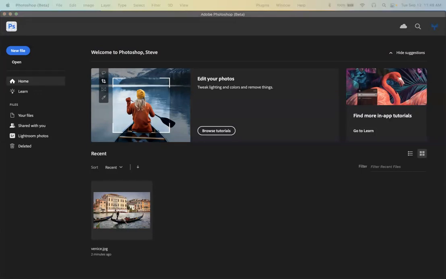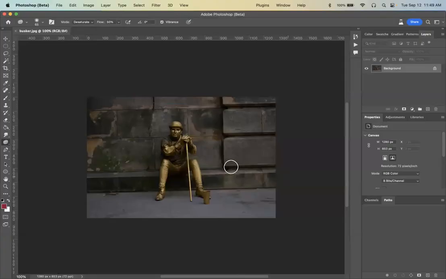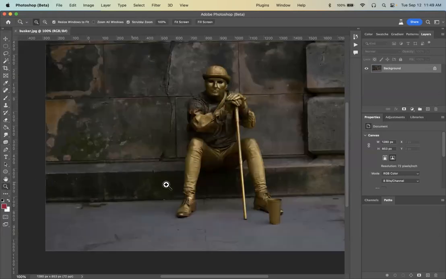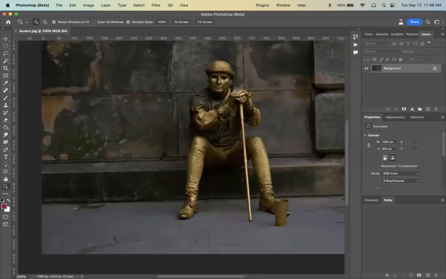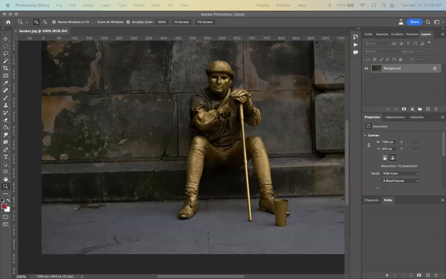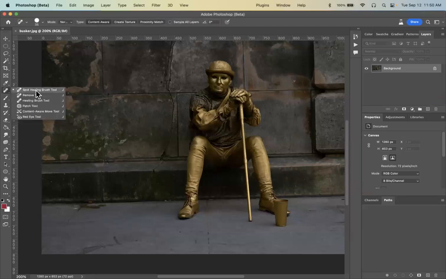Next one, we'll use the healing brush. So I'll use one other image here. I'll make it a bit bigger. Okay, now I'll use the healing brush. First, as you can see, that icon here goes to the spot healing brush. Spot healing brush is good for small areas. If you just